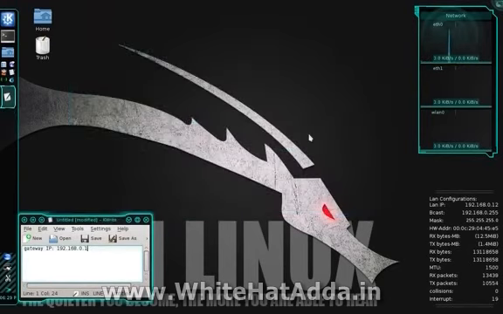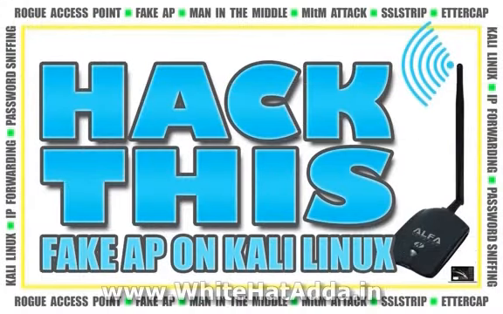Now, all of those IP tables rules that we created, they will automatically be restored back to the default when you reboot your virtual machine. I'm not going to take the time to show you the commands to do that in the terminal because it's just too time consuming. So until next time, this is Chris, and that was how to create a fake access